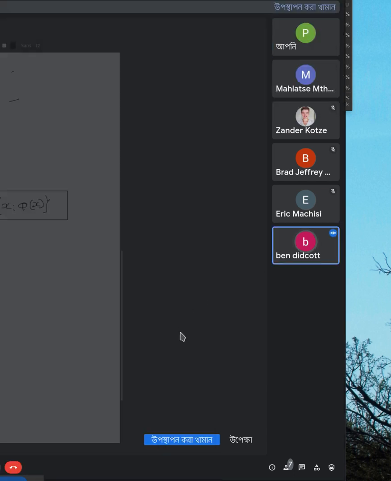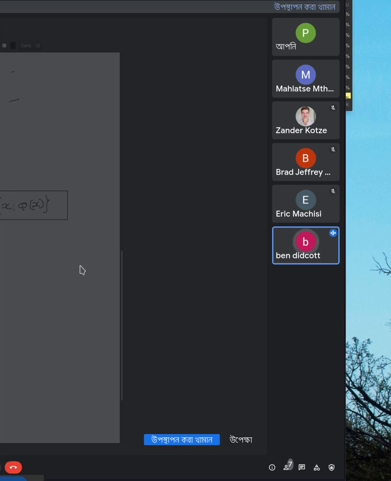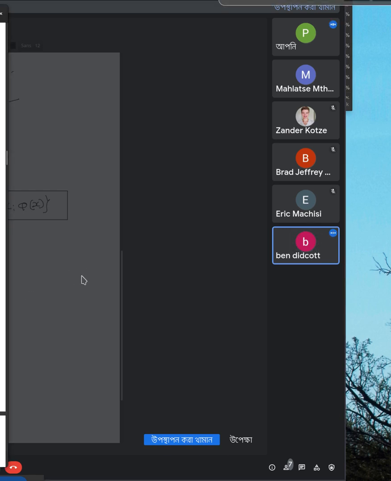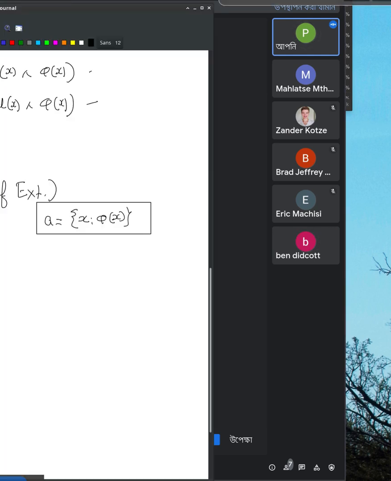The third one, sorry, I don't have the thing in front of me, but is that the one where you can add them up? You can take two sets and put them together into a new set. Yes, so the axiom of pairing. What does it say? It says that